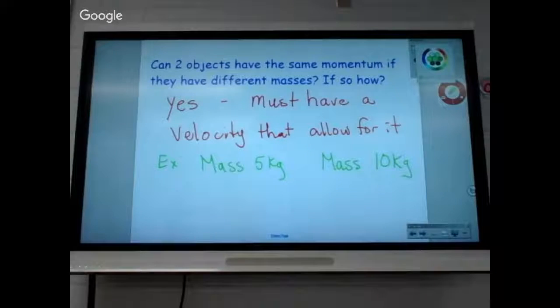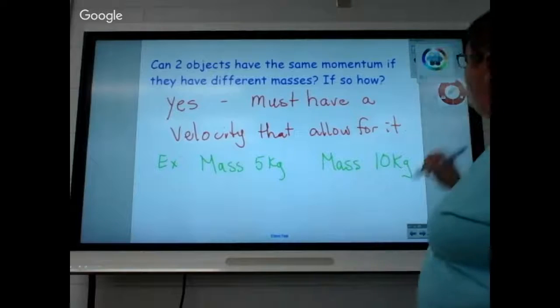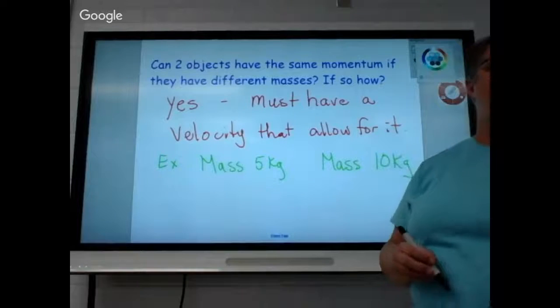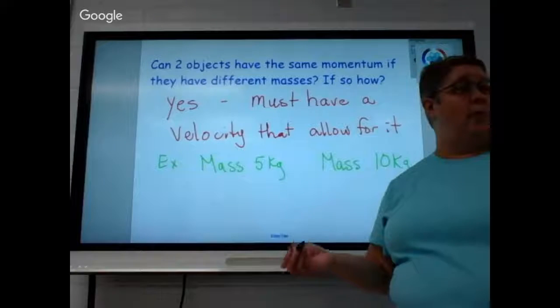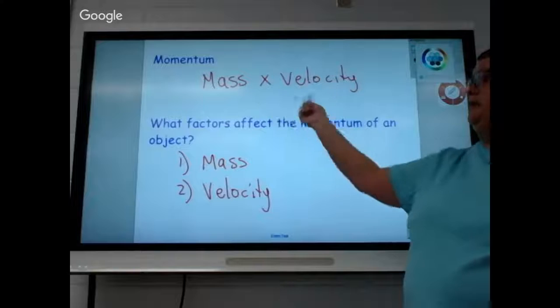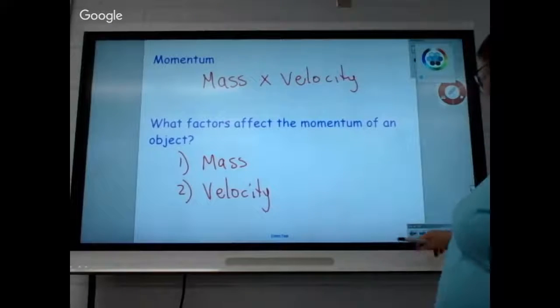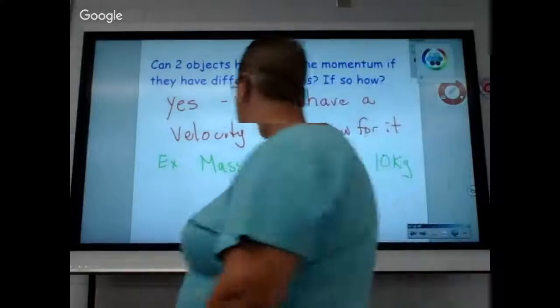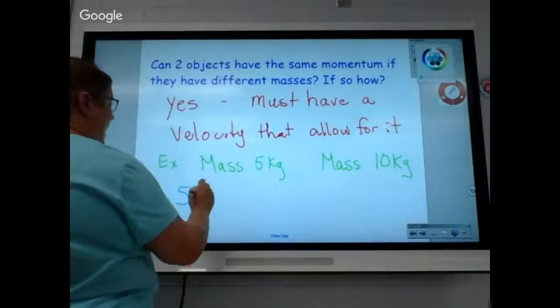If we have a mass of 5 kilograms and we have a mass of 10 kilograms, can we get something that has a momentum that is the same? The answer is yes. Now, how can we do that? Well, the first thing we need to know is, what is momentum's formula? I didn't write in the formula yet, but it's mass times velocity, right? So, if we know that the mass is 5,